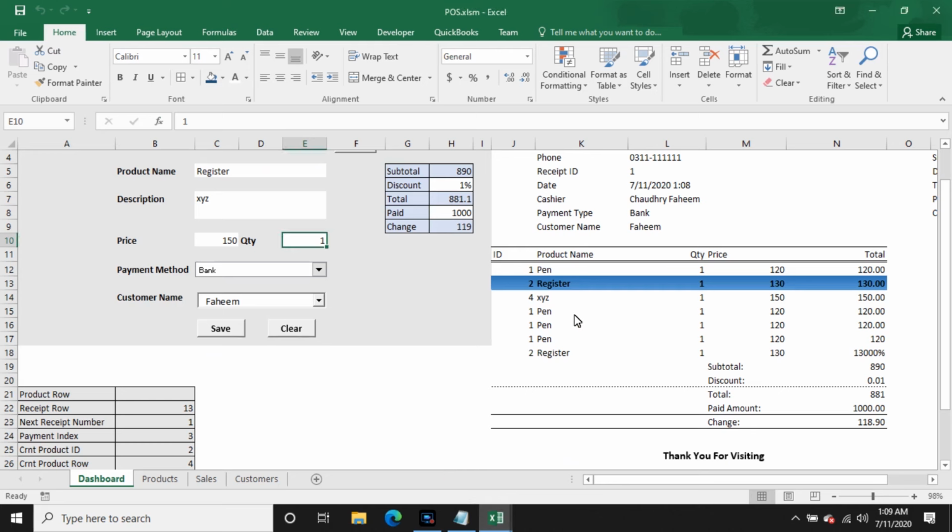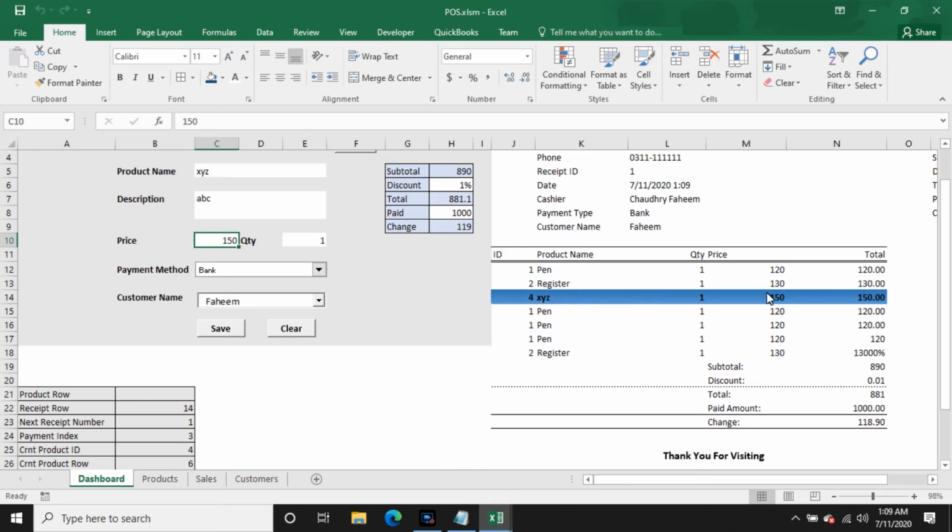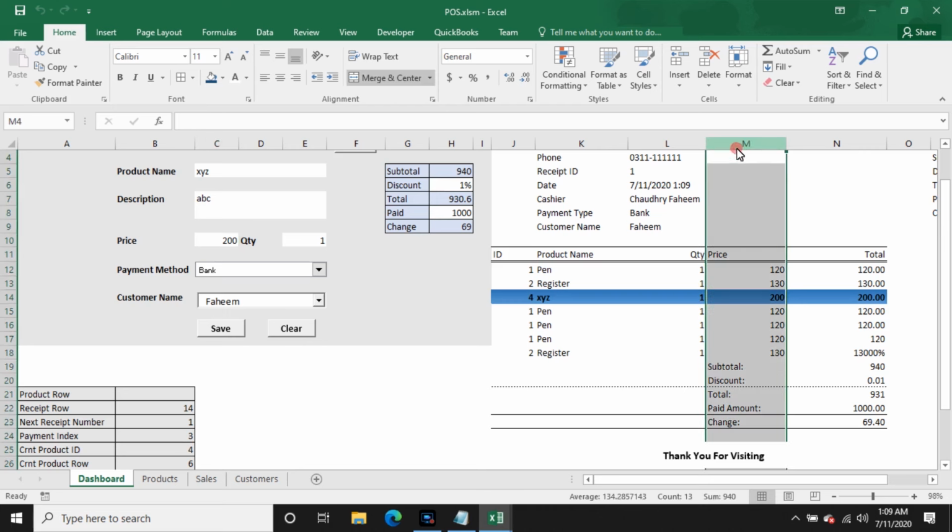So if I select this atom and the price is 200, look at that, change automatically,